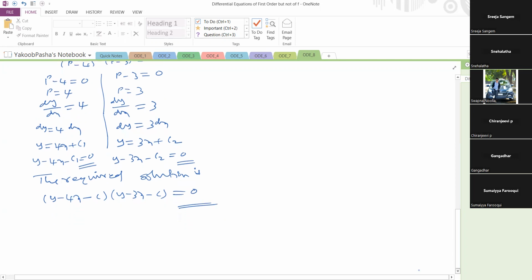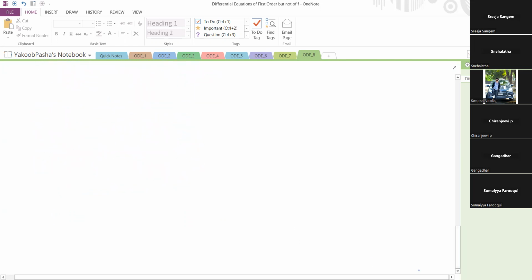The solution of x square p square plus xyp minus 6y square is equal to 0, where p is equal to dy by dx. Now, this equation